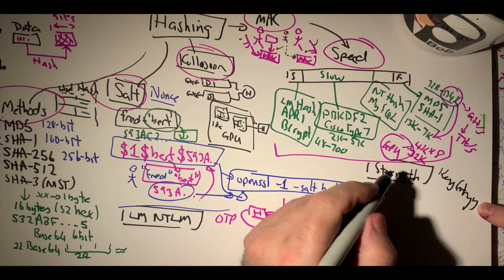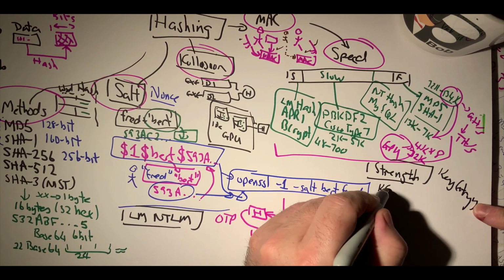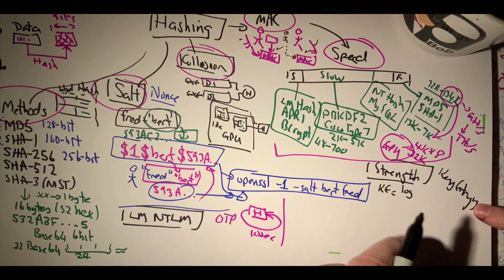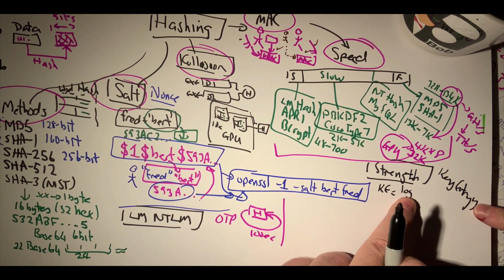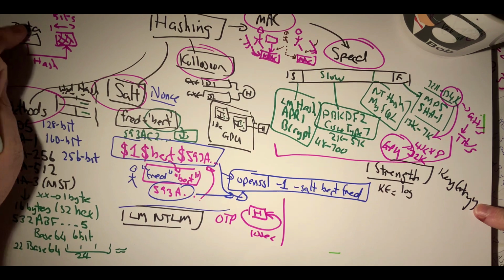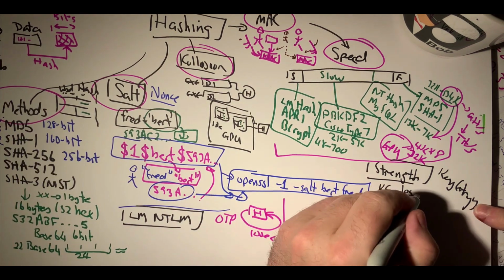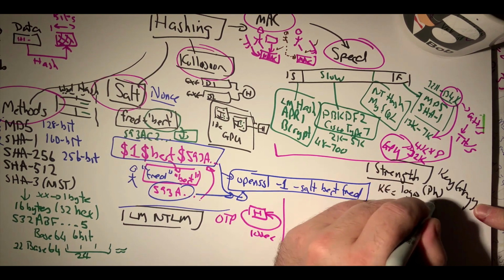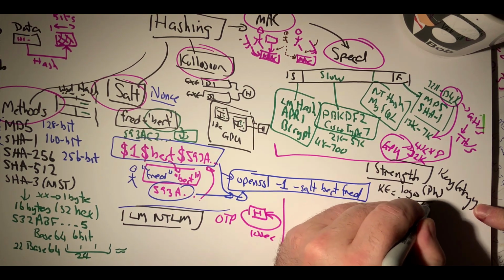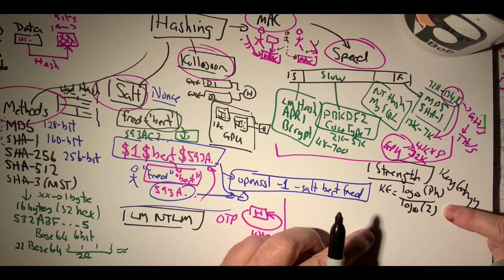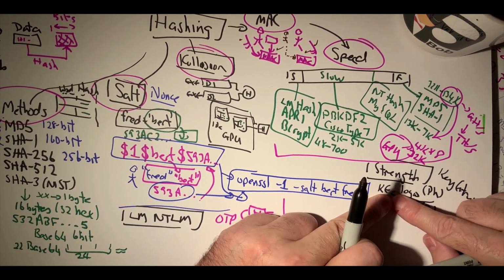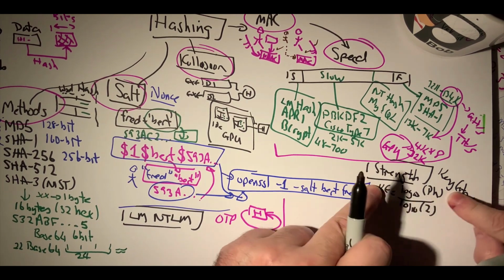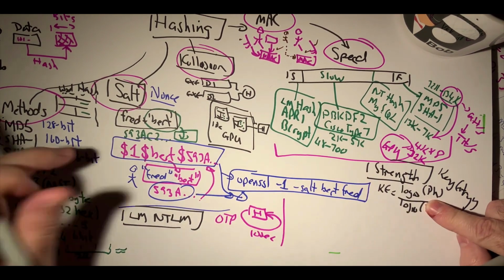And with key entropy, we take the log to the base 2 of the total number of phrases that we have that could generate our data. That's log to the base 10 of the number of phrases divided by log to the base 10 of 2, and that will work out the key length that we have. The longer that key is, the more strength we have.